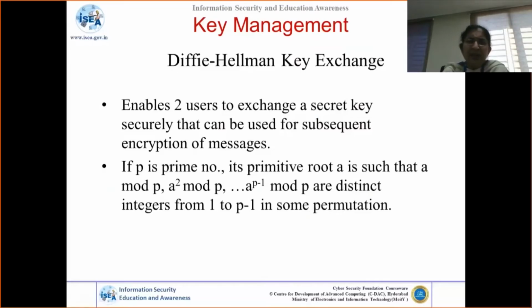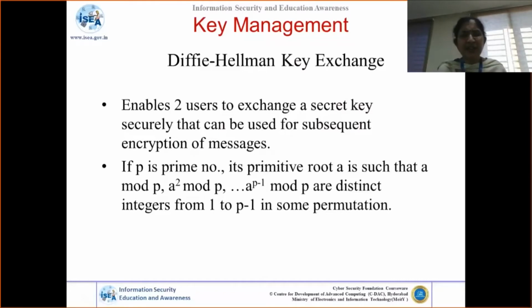Okay. So one other algorithm, just like RSA, is the Diffie-Hellman key exchange. RSA helps us provide authentication, confidentiality, key exchange, all these services, right? But the Diffie-Hellman key exchange is a public key cryptographic algorithm that provides only key exchange or key establishment. Okay. So this is meant for that particular purpose.